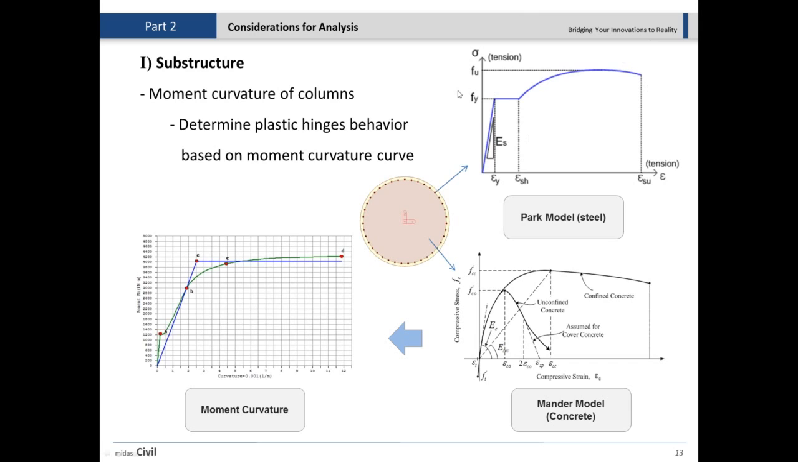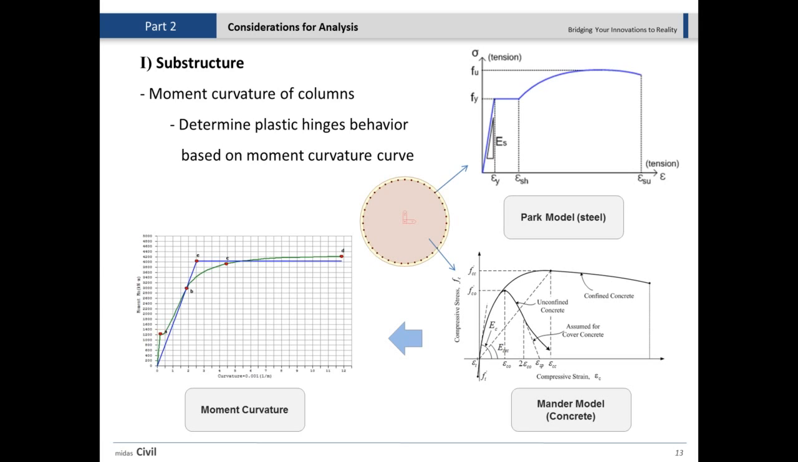Anyway, you need to define these first. These are the requirements for being able to generate the moment curvature. Then you just run it using any software. You can also use hand calculation, but it probably takes time. And you can generate such a behavior, the behavior of